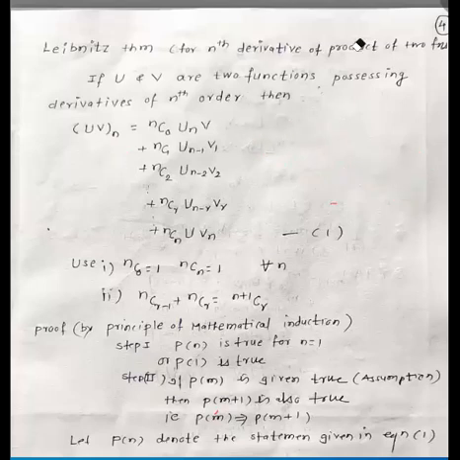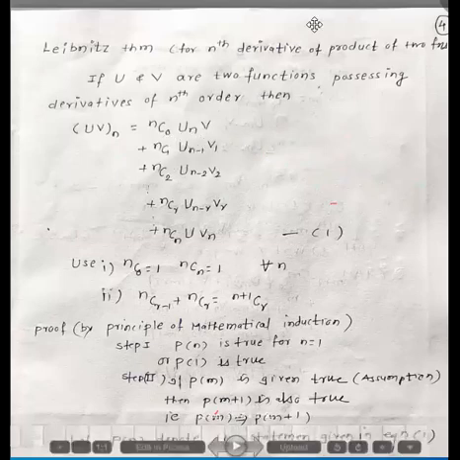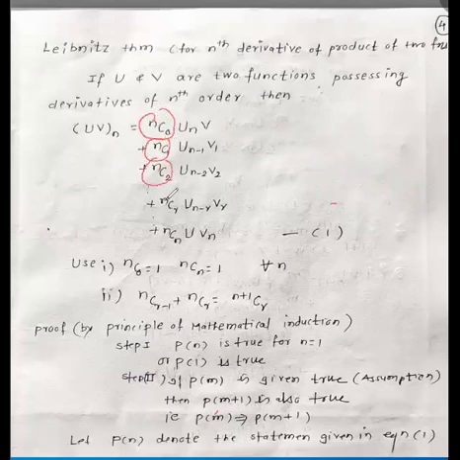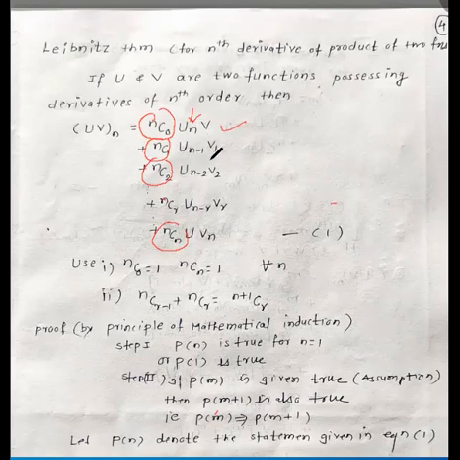So what is the Leibniz theorem? The terms are like this: nC0, nC1, nC2, nC3 and so on up to nCn, so from 0 to n. un means the nth derivative of u, with function v as it is. Then decrease the suffix of u by 1, so un minus 1, and increase the suffix of second by 1. So in the first we decrease, in the second we increase. Here we get un minus 1 and v1, again decrease, here we get un minus 2, and increase the suffix, we get v2, and so on.